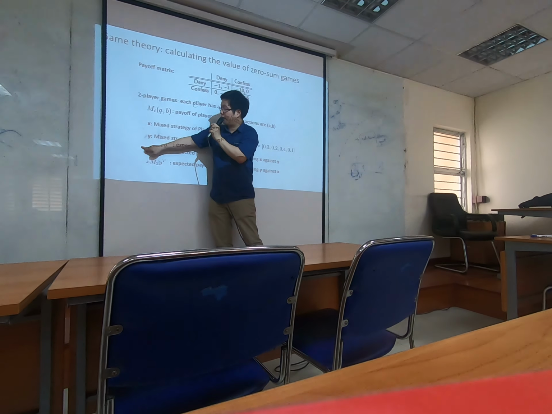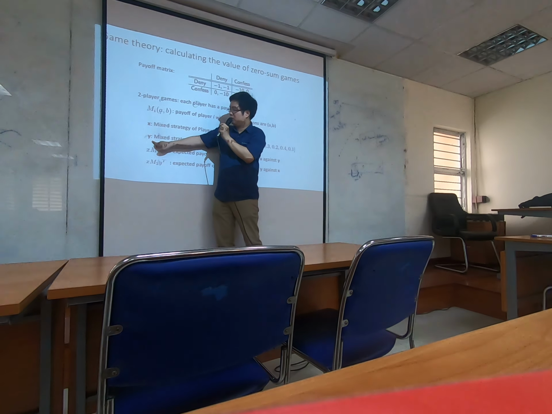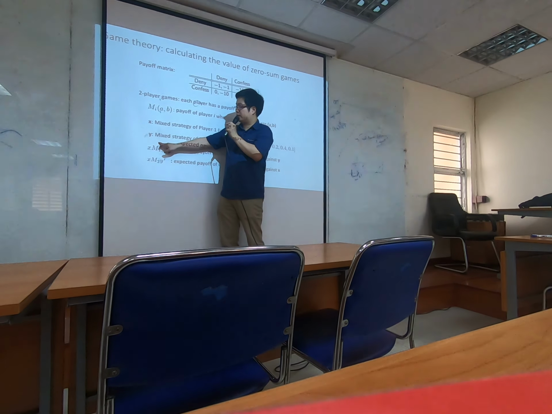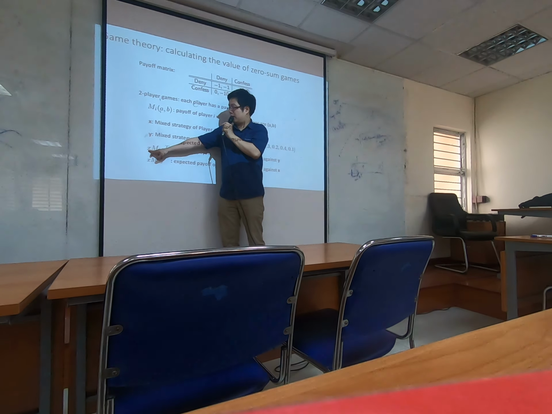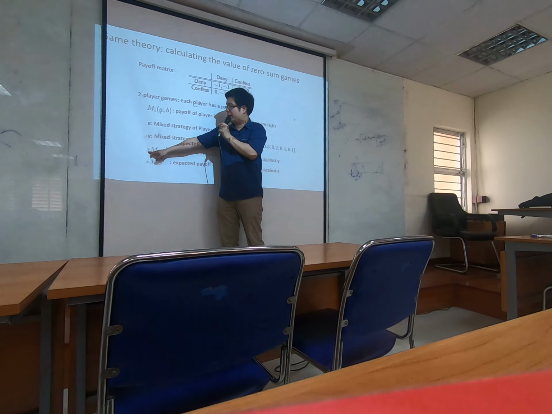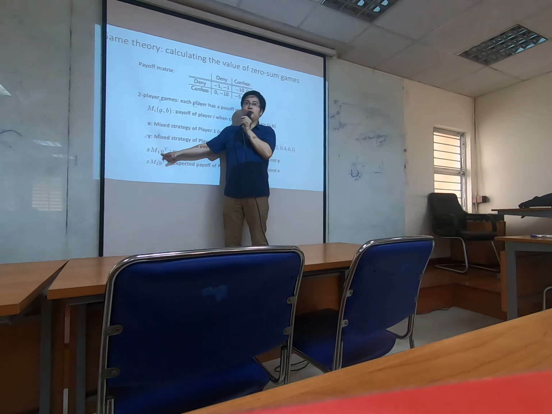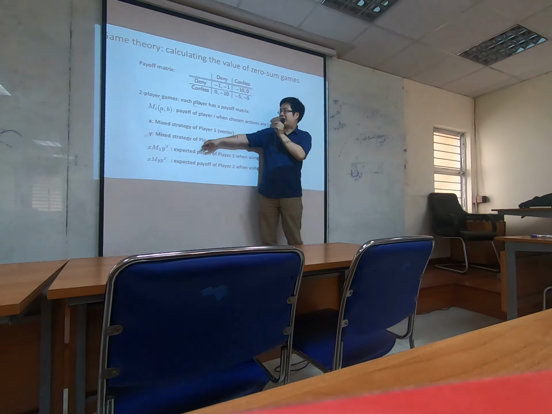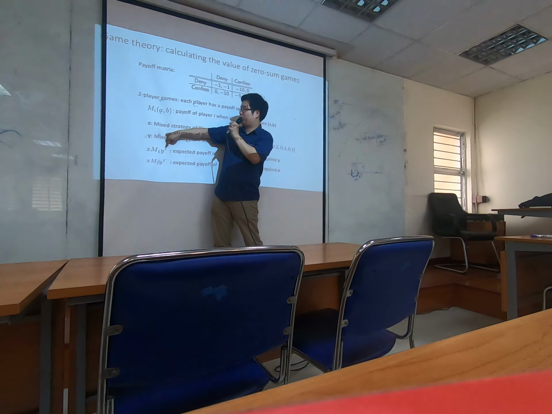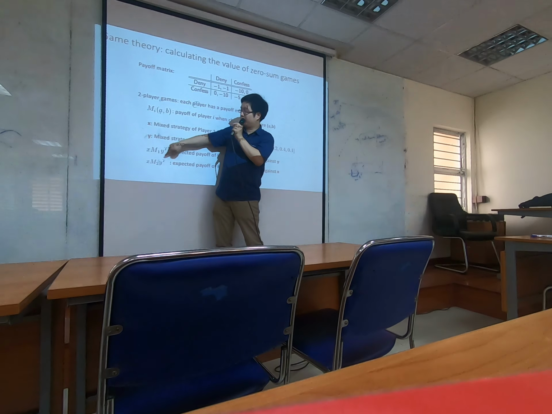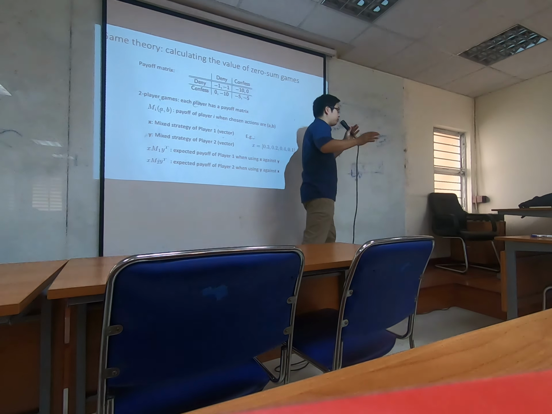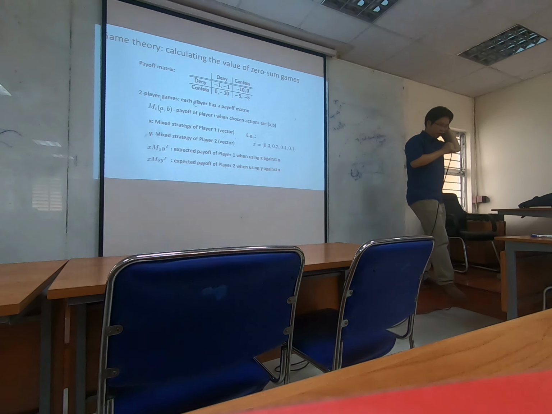And the way you calculate the value is with a matrix algebra term. So x transpose times M times y is the payoff that you get if you decide to play x and your opponent decides to play y. Then you can calculate the same using the other matrix for your opponent as well. So basically everything becomes matrix algebra, vector algebra.